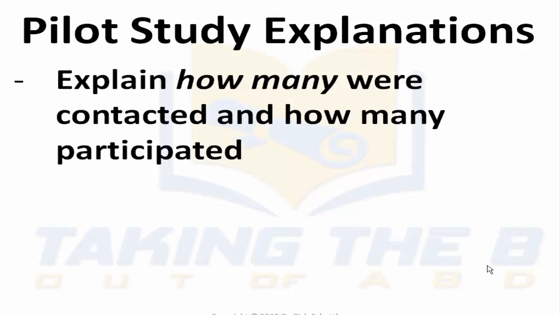Explain how many were contacted and how many participated. Much like in the field test, if you happen to have contacted 15 to find 7 that would agree to do your work, then that's what we want to know. Again, we want to be able to know how you did your work and what problems perhaps or concerns you had. Perhaps some people just couldn't do the pilot or they didn't want to be part of the pilot. Maybe they didn't want to be part of your research at all. That's possible, and it happens on a regular basis.